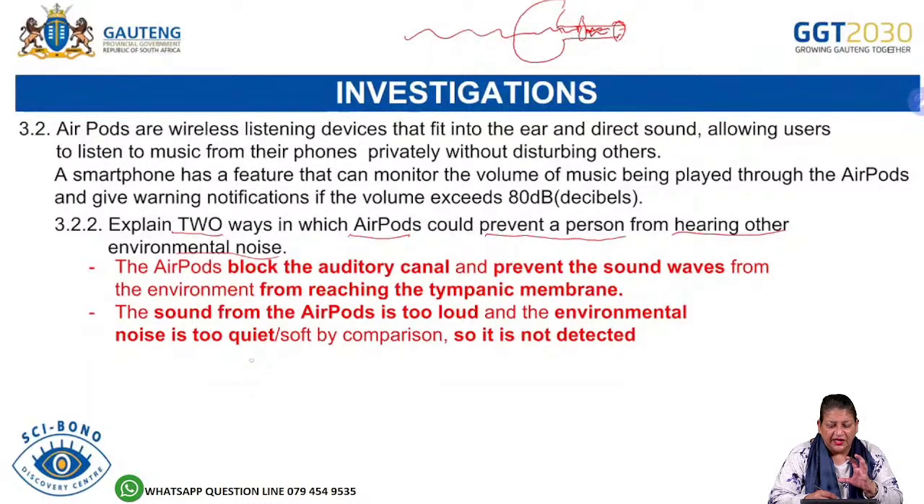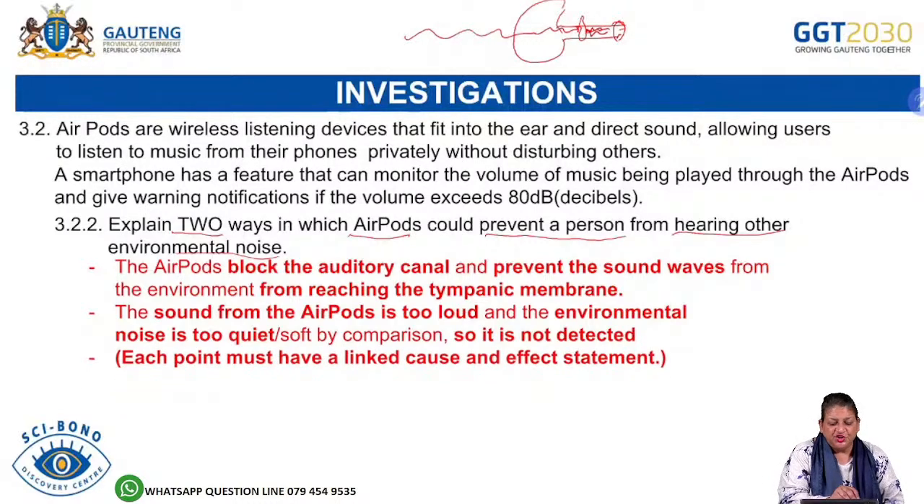So it may look difficult, but actually if you think about it, it's about the eardrum, it's about the tympanic membrane, it's about the sound waves, right, and reaching the eardrum. Right. So each point must have linked a cause and effect. For example, the AirPods block the auditory canal. You can't just say that. The question is, why will the AirPod prevent a person from hearing other environmental noise? And you say AirPods block the environmental noise. We'll say it blocks the auditory canal and therefore prevents the sound waves from the environment from reaching the